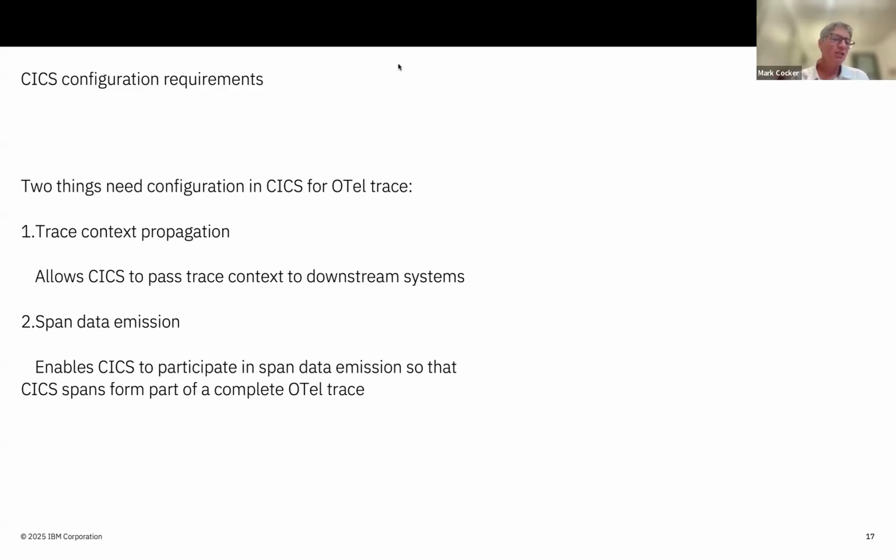On the other hand, you may decide it absolutely is, because sometimes things go wrong because, I don't know, maybe a VSAM file is sometimes closed, so you do want to emit span information. So you may want to propagate and not emit. So we provide those two levels of configuration.